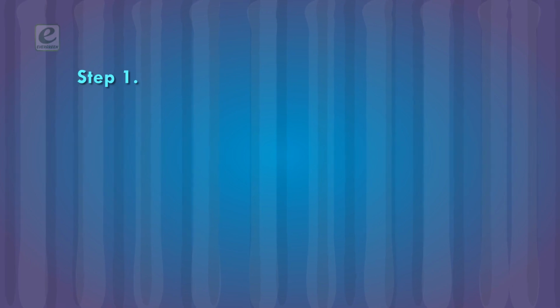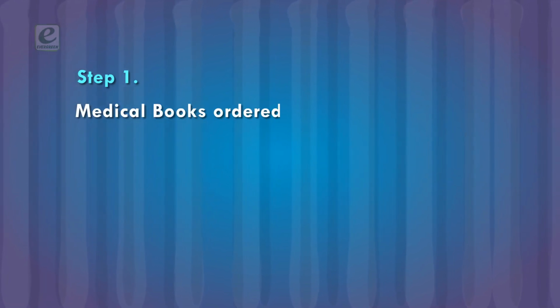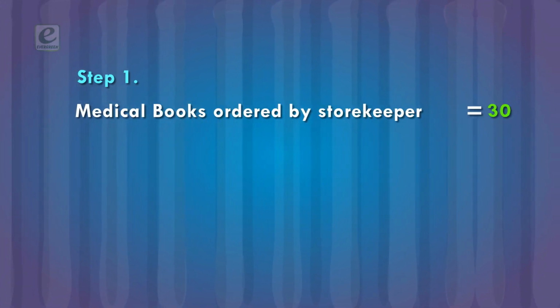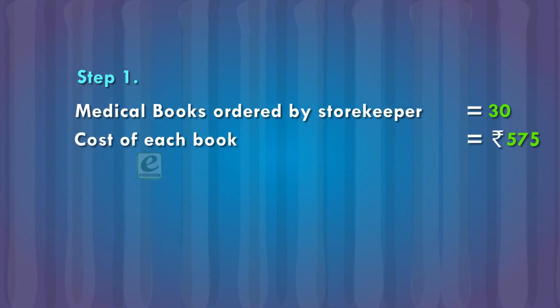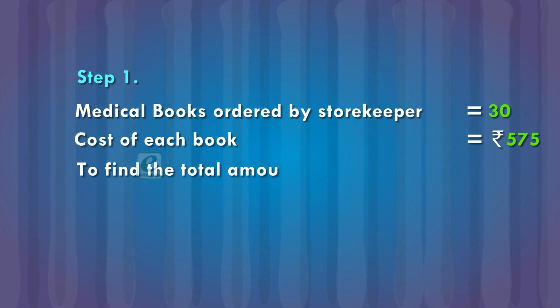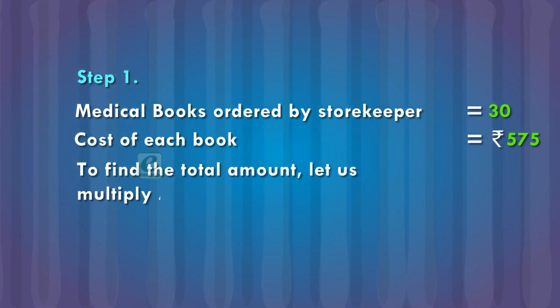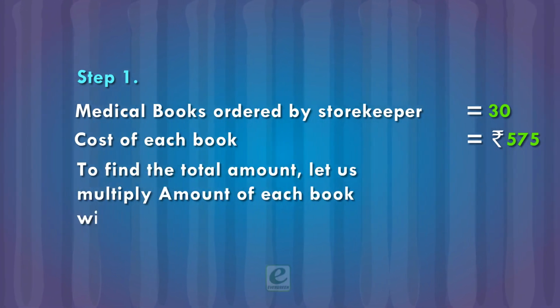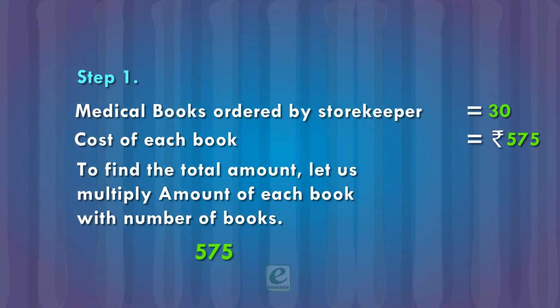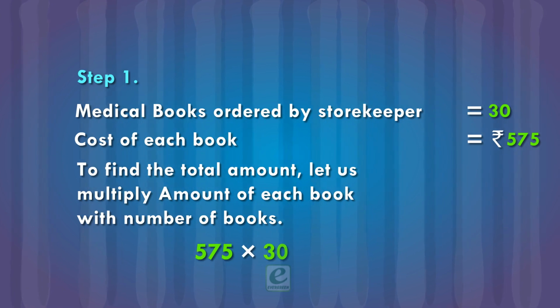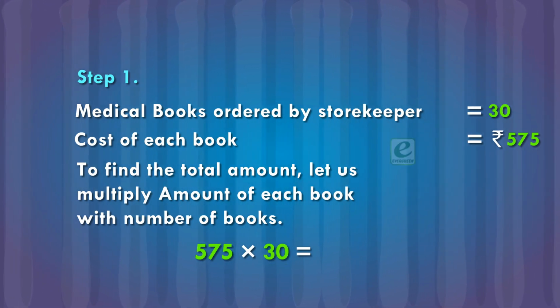Look at the step 1. Medical books ordered by storekeeper are 30. Cost of each book is rupees 575. To find the total amount, let us multiply amount of each book with number of books. Multiply rupees 575 with 30. It will be rupees